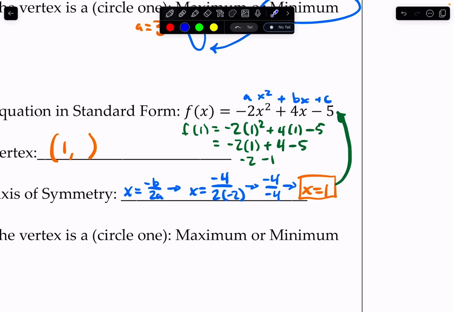So our final answer here ends up being, this is f of 1, so an input of 1 gets us negative 3. So my y value,